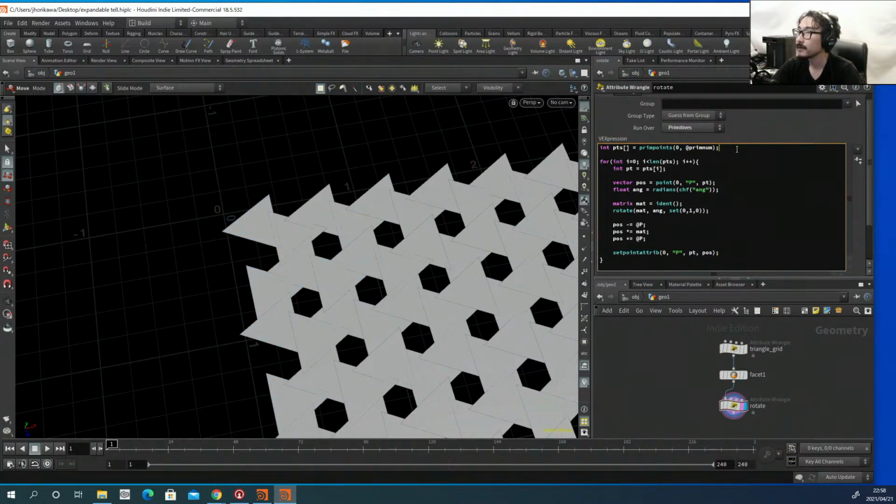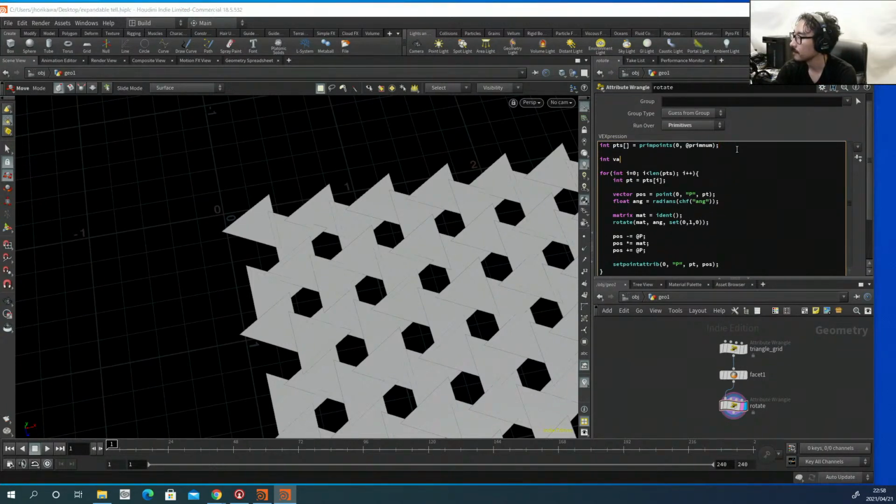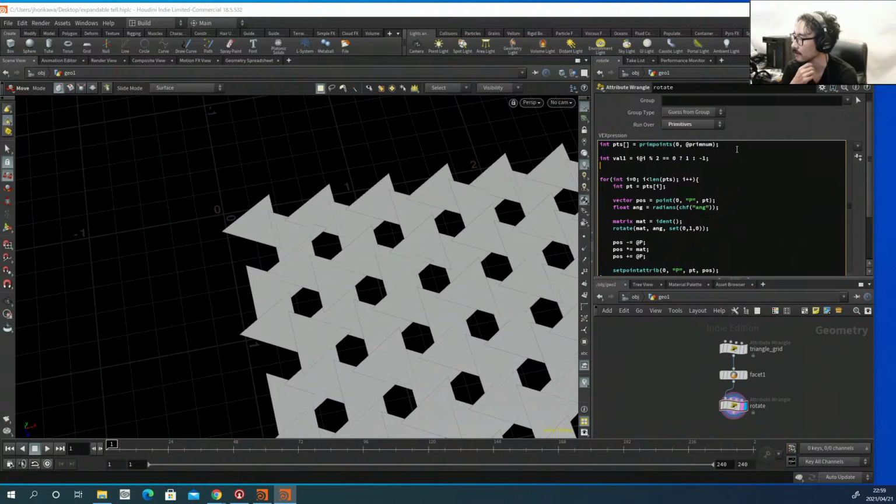Okay, so to do that, I need to have two values. One, let's call this value 1, based on the i value, which is the number of columns from the primitive, so @i, and estimate whether it is an even number or odd number by calculating the remainder. If it's 0, then that's an even number. If it's 1, then that's an odd number. Now I'm going to make a condition here. If this is equal to 0, then I'm going to create a ternary condition, meaning a one-line condition. If it's equal to 0, which means it's an even number, then I am going to make this value 1 as 1. If not, then make it -1,